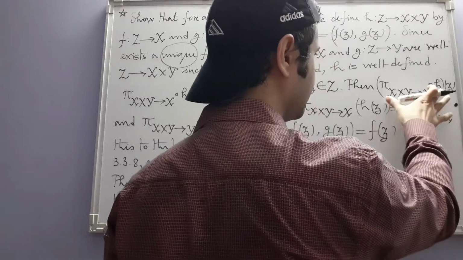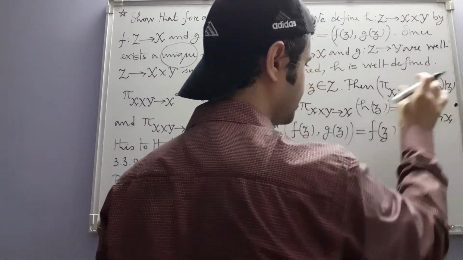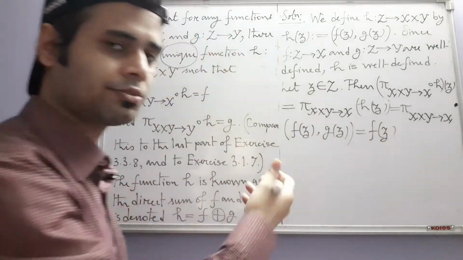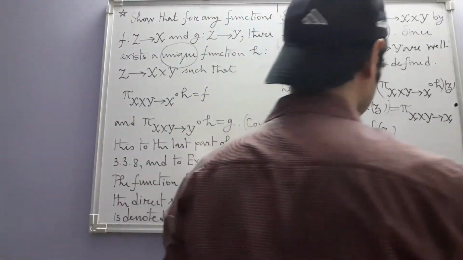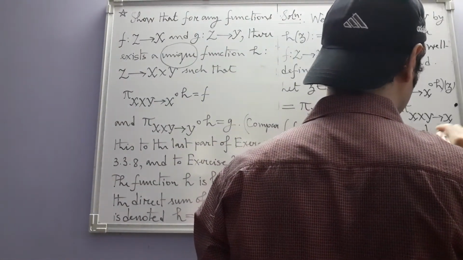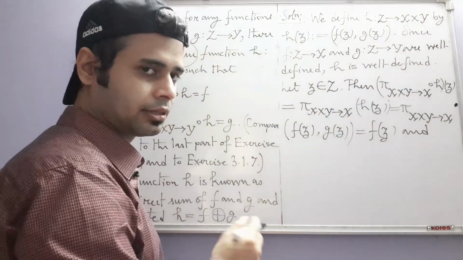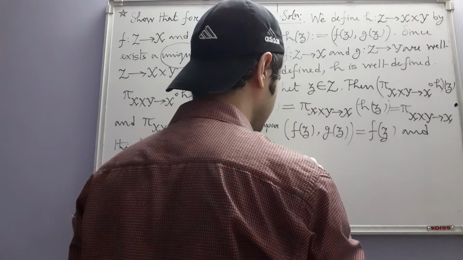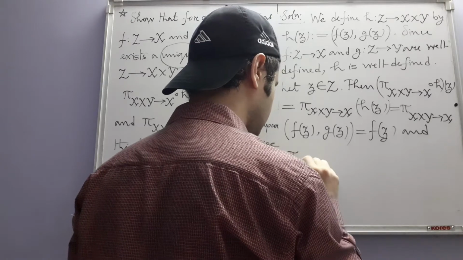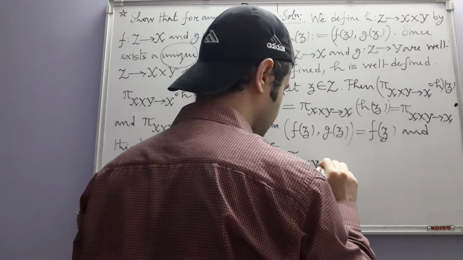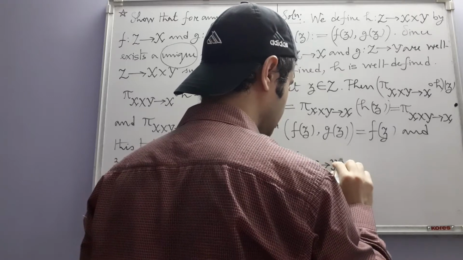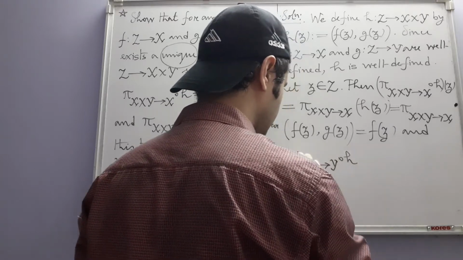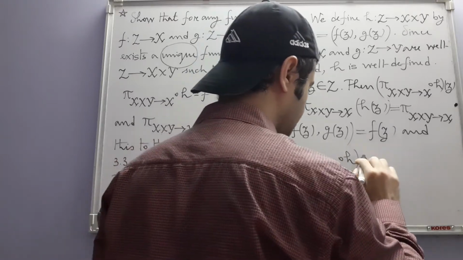So you see that the value of this composition at z is the same as the value of f at z, just like that. And now you can probably understand why I was saying that these things are easy, only they look rather difficult. We do the same thing or a similar thing with the other projection map.